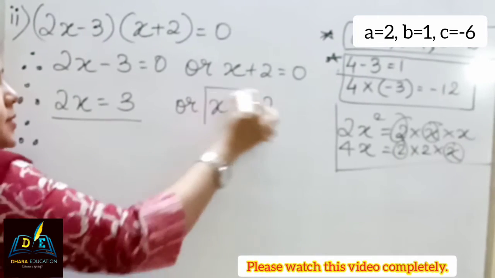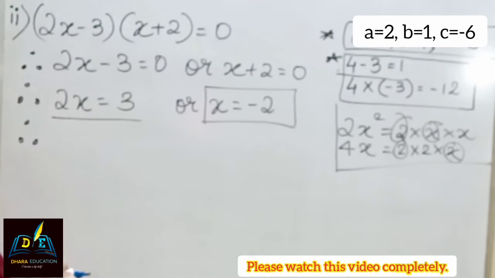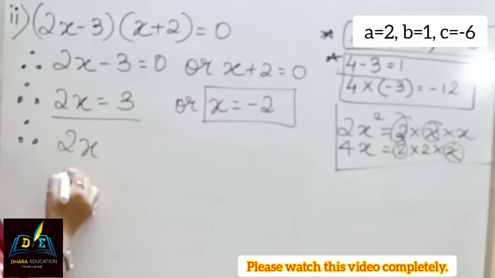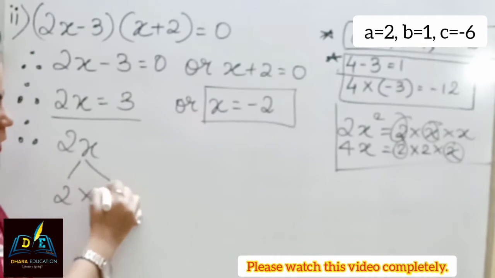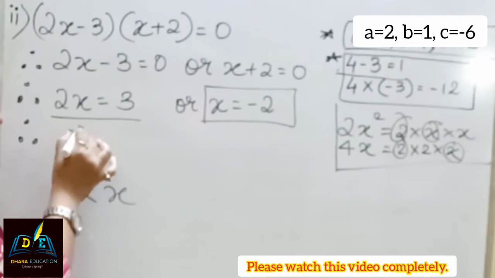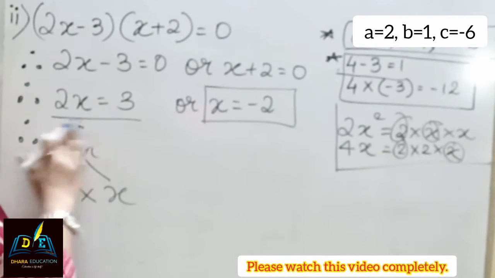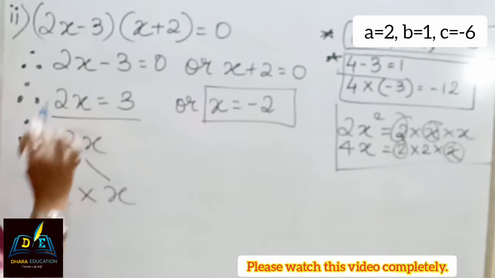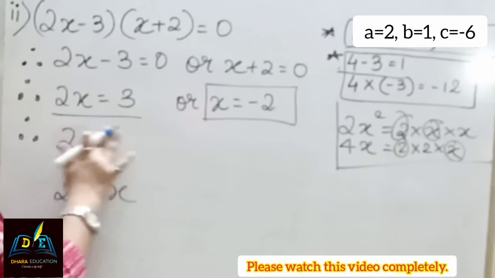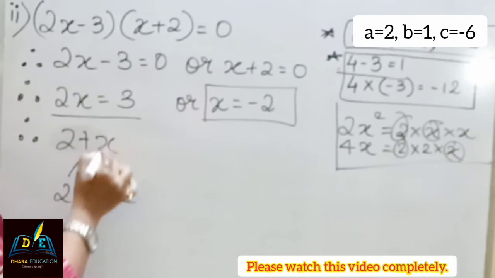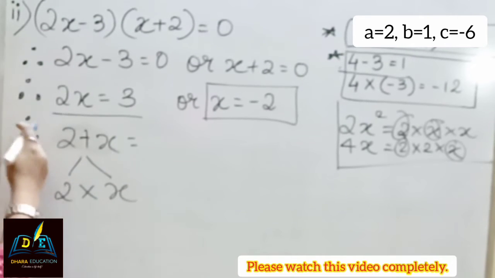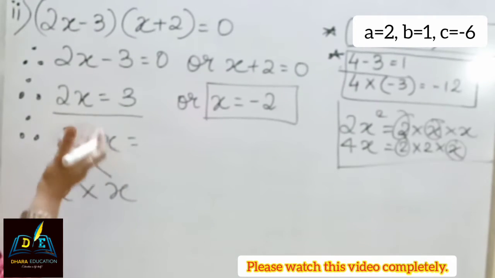Okay. Now, here the things matter. Here we got the answer. But what about this? Never forget that 2x means 2 is multiplied with x, because in between, none of the signs is there. So if I am writing 2x, it means what? 2 is multiplied with x. Correct? But if I am writing 2 plus x, it means that it is 2 plus x. That is another thing, or another term.